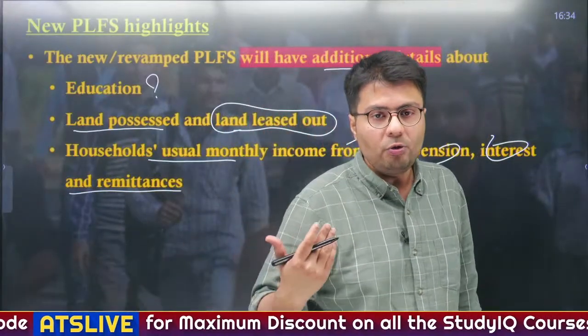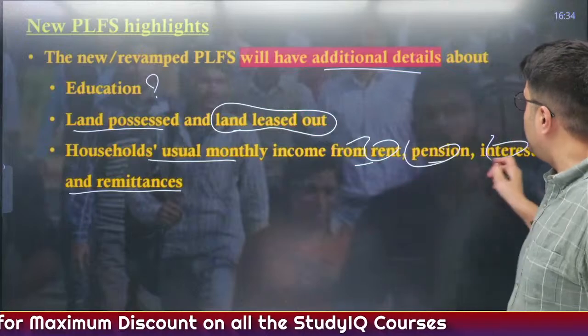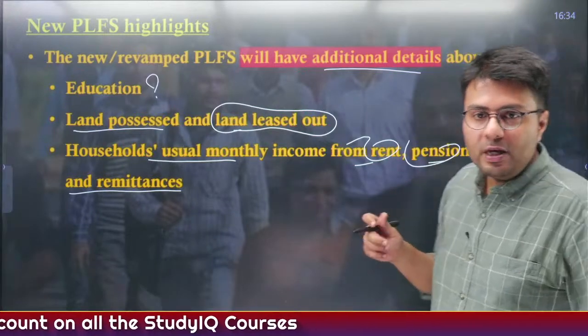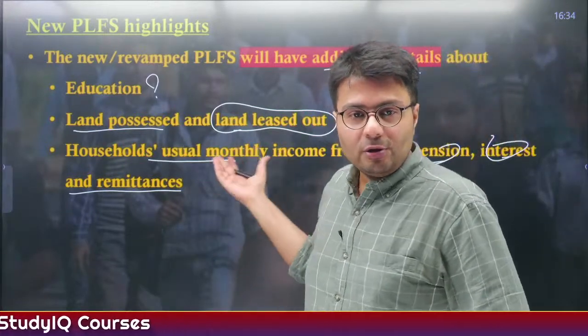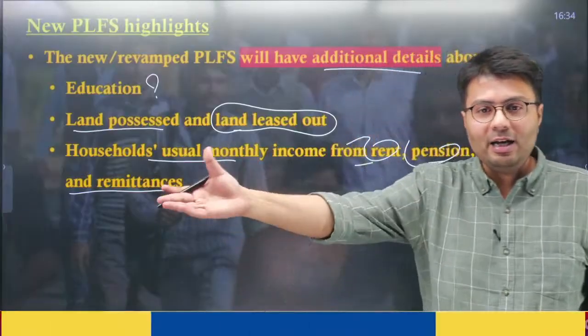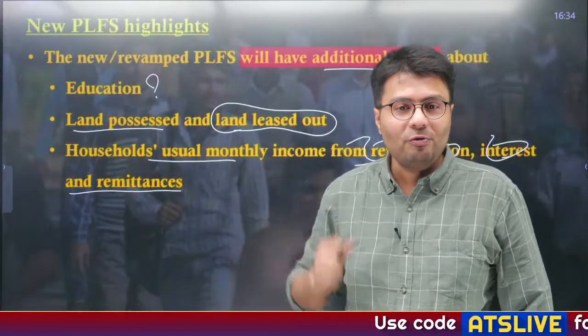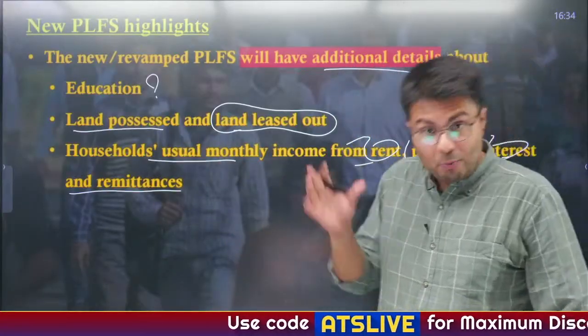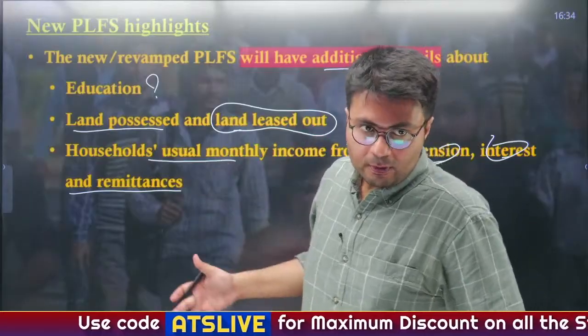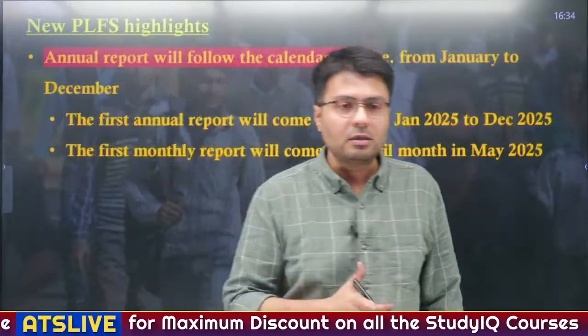Many people do not get employed because their income from these sources is quite high. So if their income from these sources is 1 lakh rupees a month, and they are getting employment for 20,000 rupees, why would they work for 20,000 rupees, right? Some of them will, many of them would, right? So these were the new questions that will be asked now.